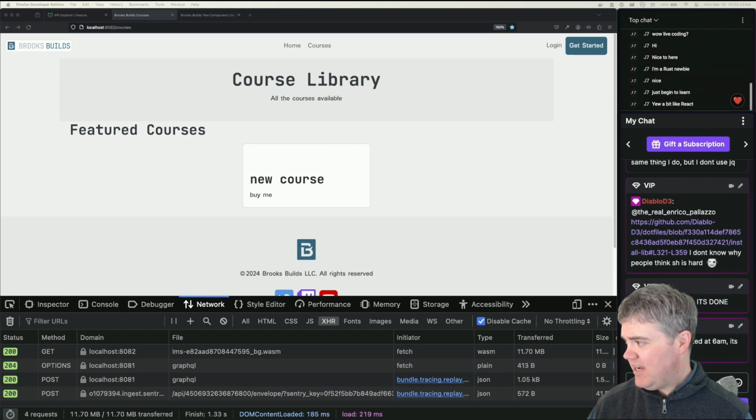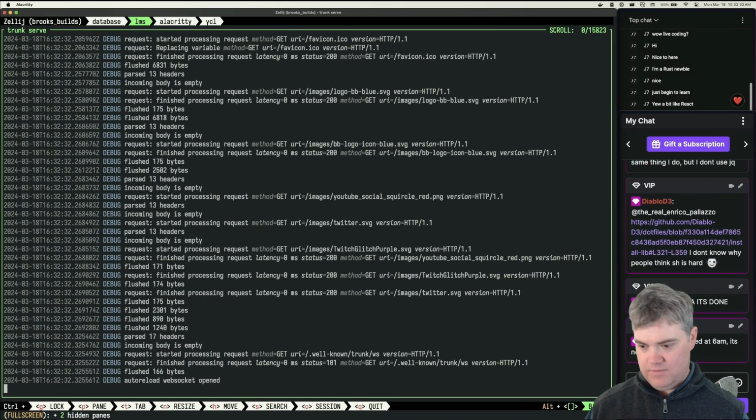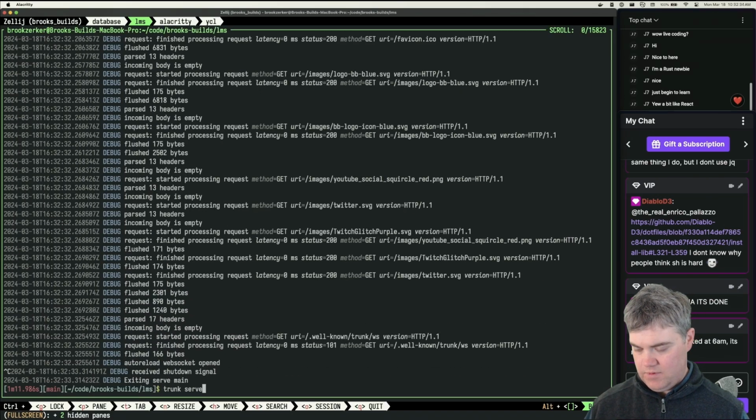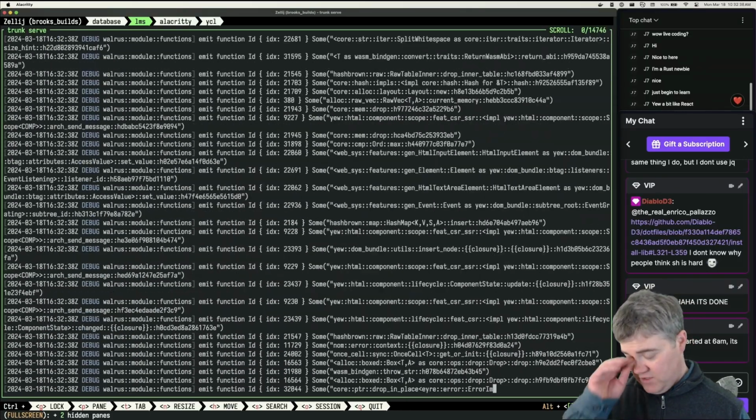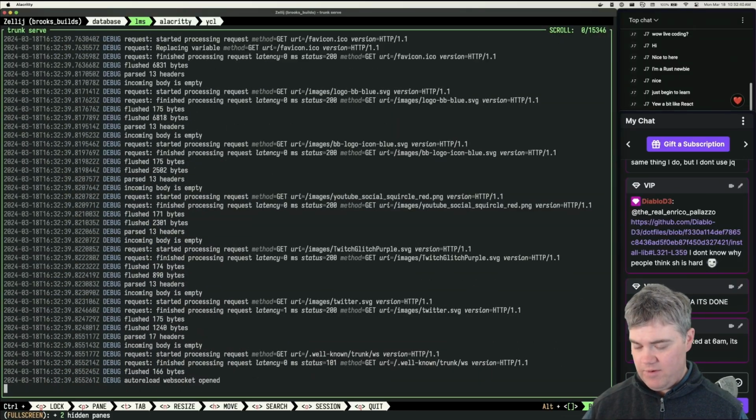So last time I got this working, I just added in this test. So test equals hello world again. I restart trunk serve so that it knows to look up the new environment variables, except actually that shouldn't matter because it's now something else. It's not trunk that's doing it. And then